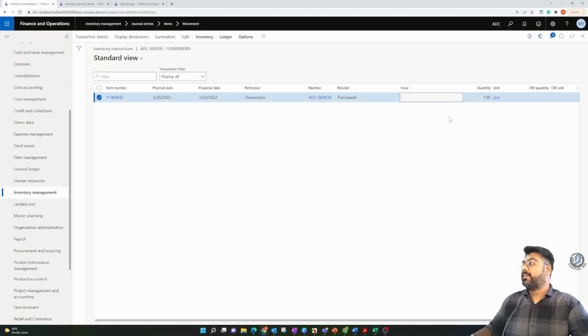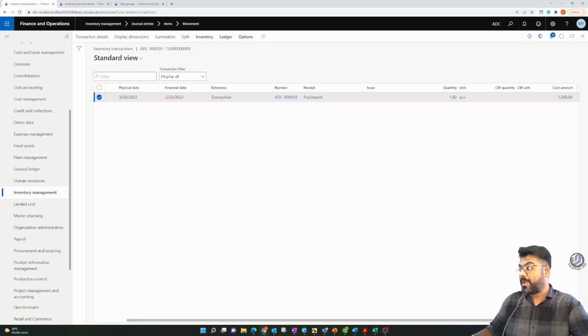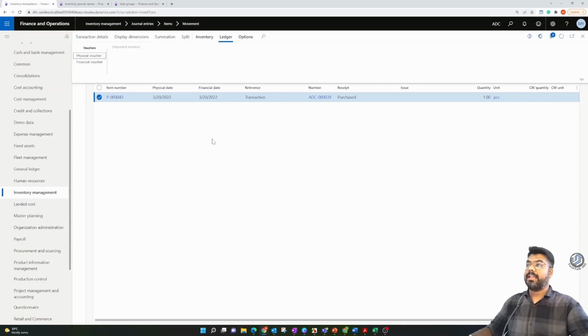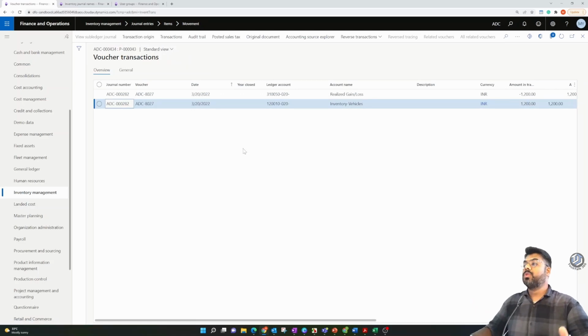Okay, so this is for one quantity, and you will also see the cost price that we have just keyed in the movement journal line. So that's 1200. So that is the inventory transaction. If you go to the ledger and check for the financial voucher, you will have the voucher transactions. Okay, so here